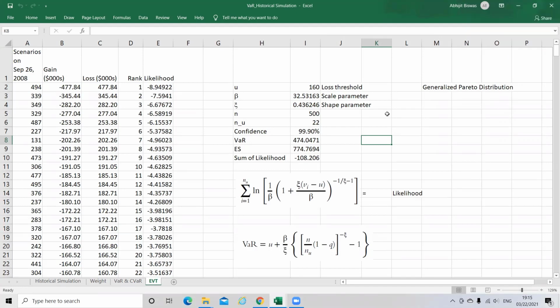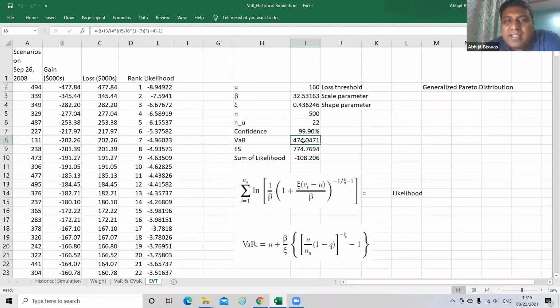Now, once you have got this, come to I8 and calculate VAR. I have already given the formula for VAR. VAR is equal to u plus beta by xi, then n by nu into 1 minus q, where q is nothing but the confidence level, whole to the power of minus xi, minus 1.